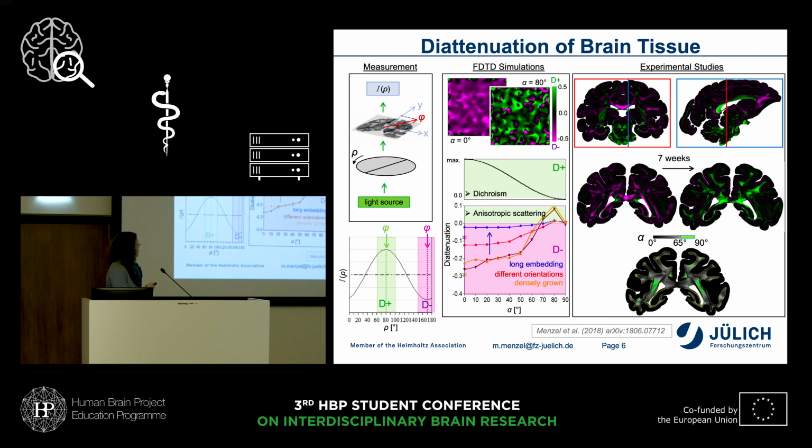And I can also reproduce the inclination dependence. So when we have steep fibers, also a bit hard to see, they all show the D+ effect in green. Flat fibers show first the D- in magenta, and then after a while here the D+. And for intermediate fiber inclinations, we see both effects. So I could use these finite-difference time domain simulations to model transmittance and diattenuation in brain tissue,